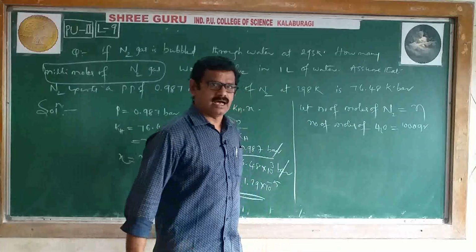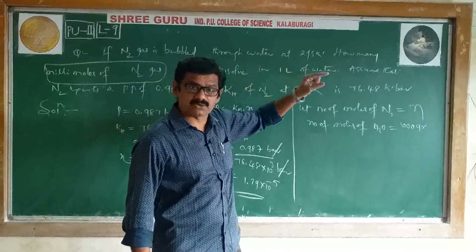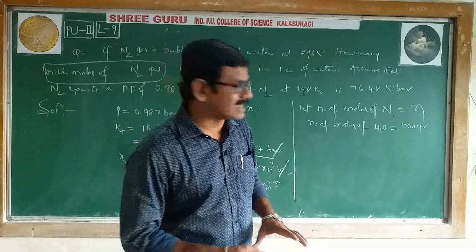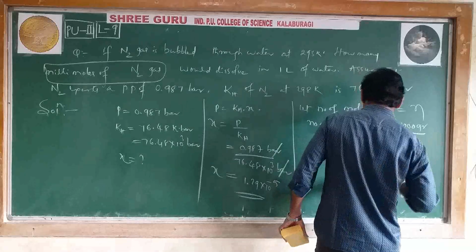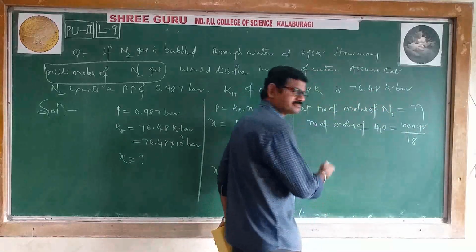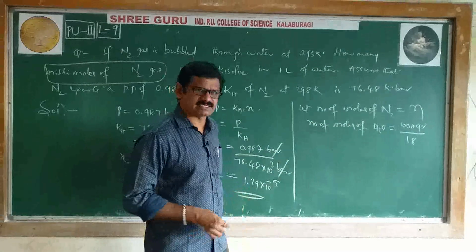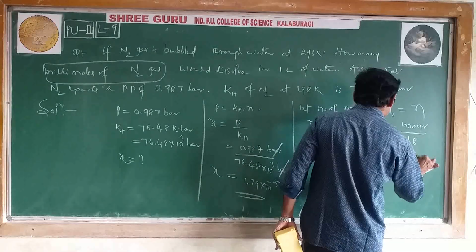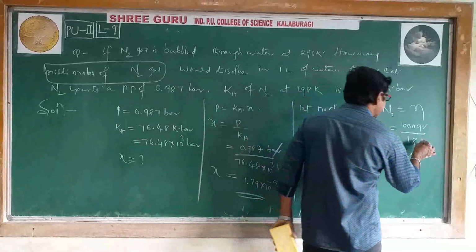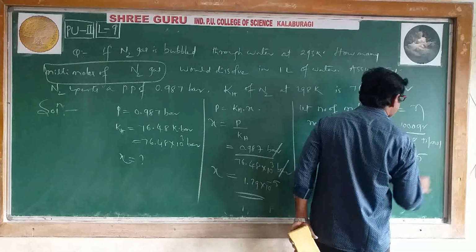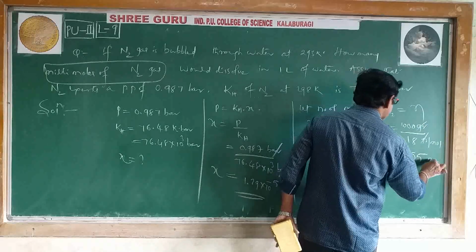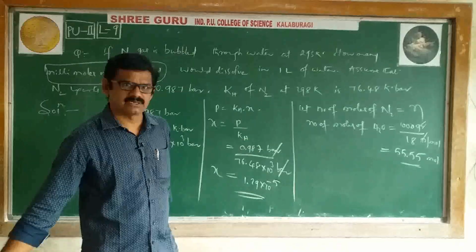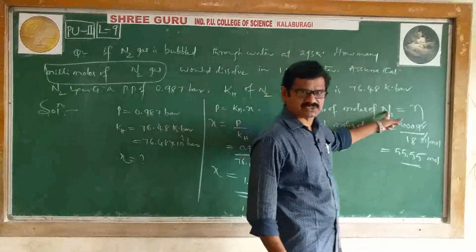How is 1000 grams obtained? 1 liter is nothing but 1000 milliliters, and if you convert that into mass, you get 1000 grams, divided by molar mass, because we need moles: mass by molar mass. The molar mass of water is 18, and if you do the simplification, you will get 55.55 moles. Gram per mole, gram cancels, and mole remains. 55.55 moles are obtained. This is the water moles, but our target is millimoles of nitrogen.